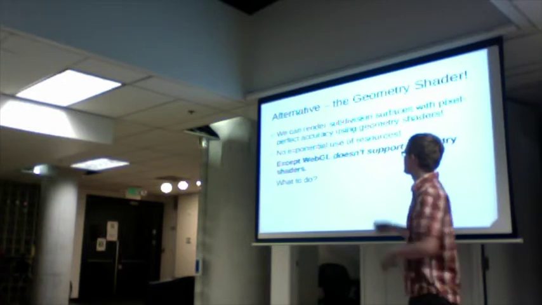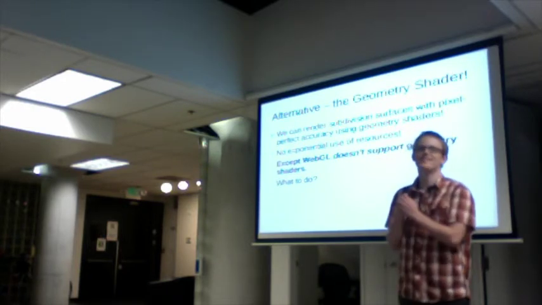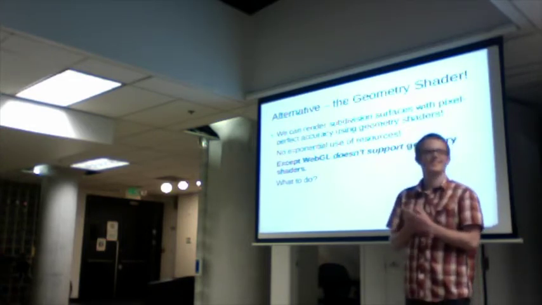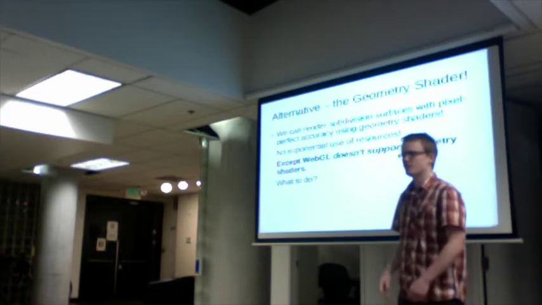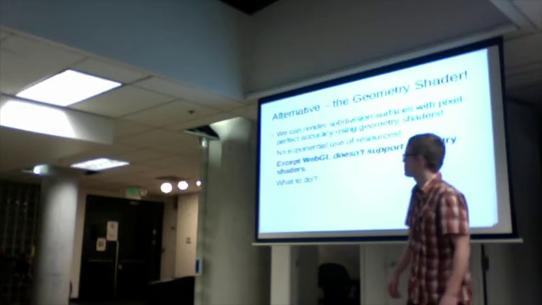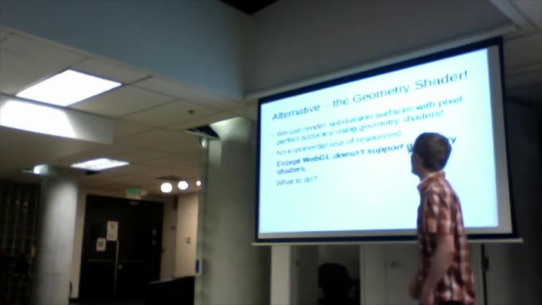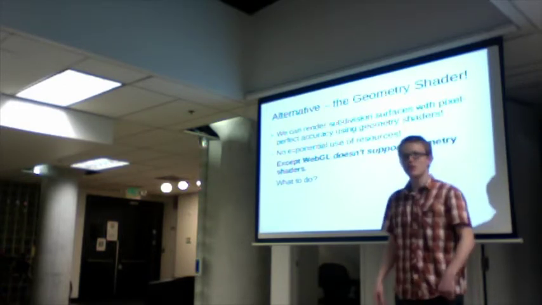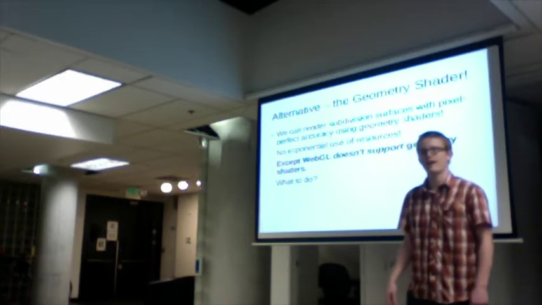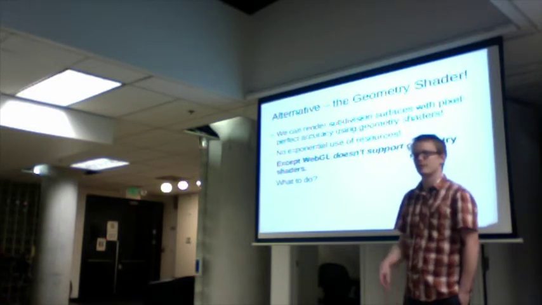Next. And of course, there's the alternative, which we all love, the geometry shader. It's the most awesome thing ever. It just isn't supported by WebGL. So. Can you explain to people what that is? The geometry shader lets you create tessellation on the fly. Like Pixar's OpenSubdiv library uses it. It's a really awesome thing. You can subdivide right up to the limit surface with pixel perfect accuracy. But we need a different approach for WebGL. Next.